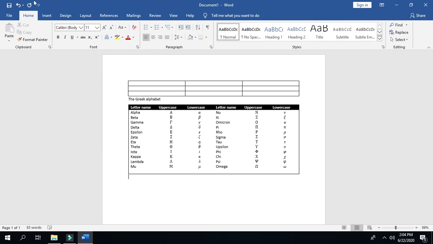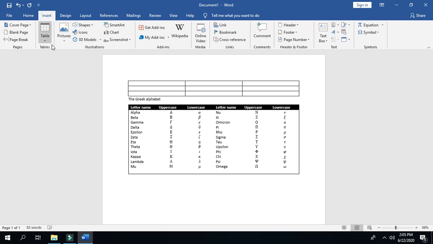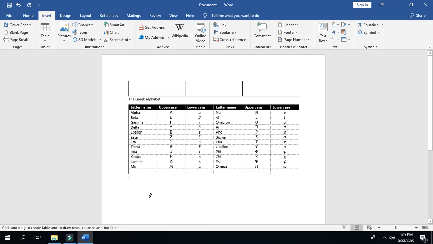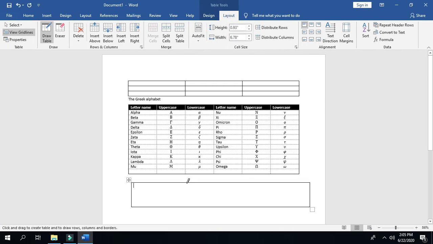The third way to insert a table in MS Word is, again we will click on insert tab, table option, and second option is draw table. Draw table is an option that is used when we want to draw a table according to our own needs. See here is a pencil and we can draw a table and the number of columns and rows according to our need.